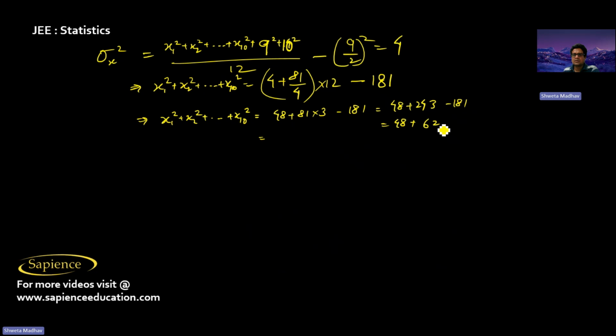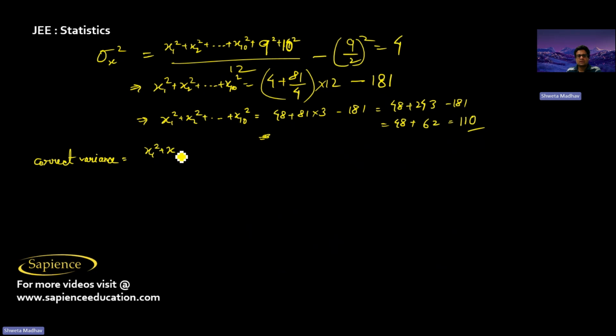62 plus 48. So this is 50 plus 60. That is equal to 110. Plus 60 is 110. So this is the sum of the squares of the first 10 observations. So we need to find the correct variance. Correct variance. So that will be equal to